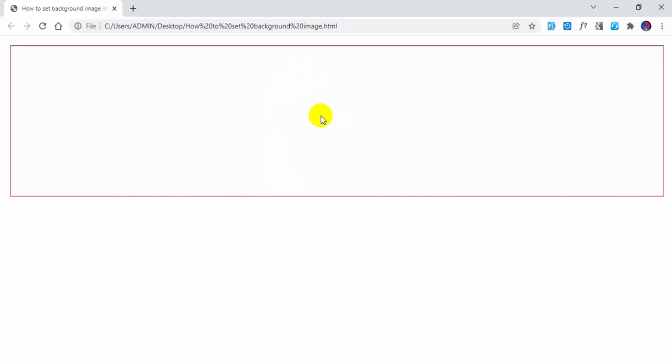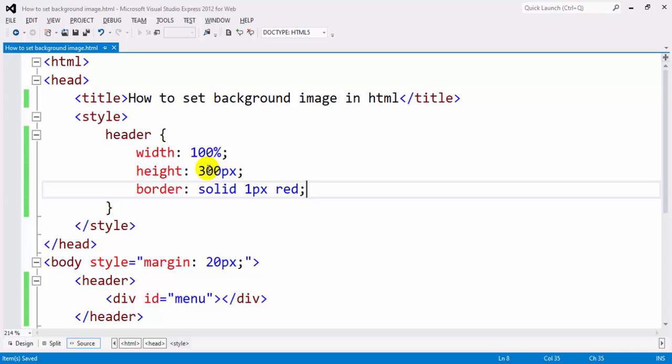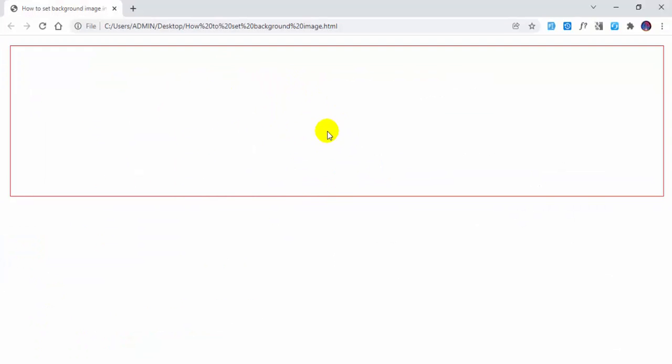Currently you can see there is nothing in that header, it is just an empty header. We have the border here. So this is our header section. For demonstration purposes we have given the height as 300 pixels. So if I want a background image here within the header element,